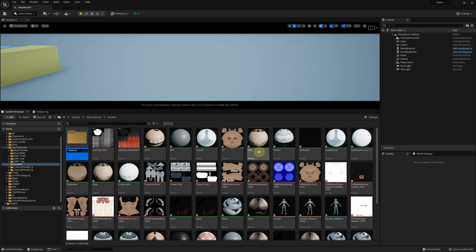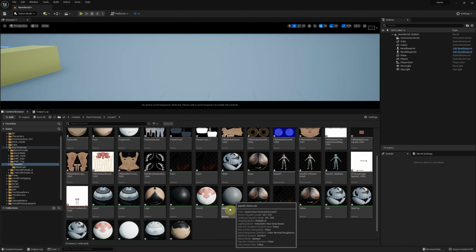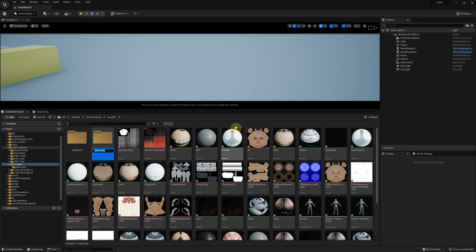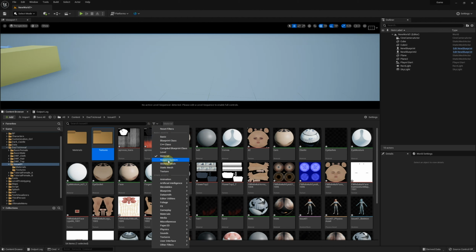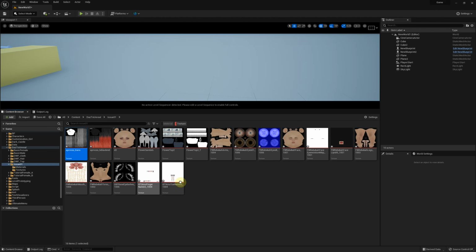Sort the materials and textures into their folders. You can use the filter to quickly select all the maps.